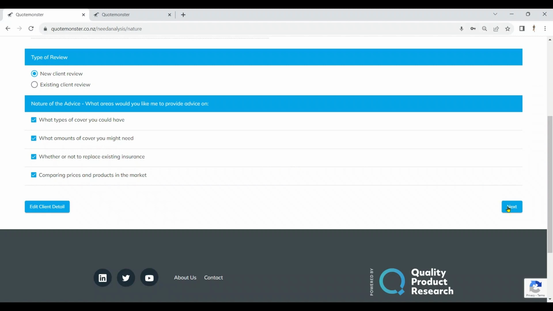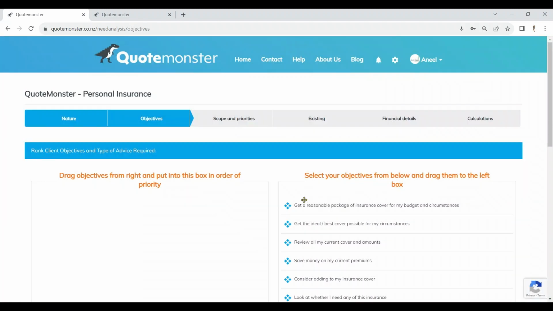I'm then going to click next, and this will take us into the objectives tab, and make sure you check out our next